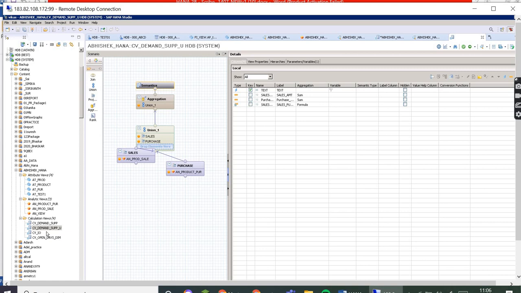Is this live data, or will any background job be scheduled every 10 or 15 minutes? No, because it is HANA, we don't have to do this. It is real-time data. Suppose now one sales order is confirmed and the purchase order is confirmed. After 1 second, if we pull the report, will the newly added row also come in the table? Yes. Will it take some time, or no time? That's what it is, a real-time database. Once you save, it is available. Okay, fine.